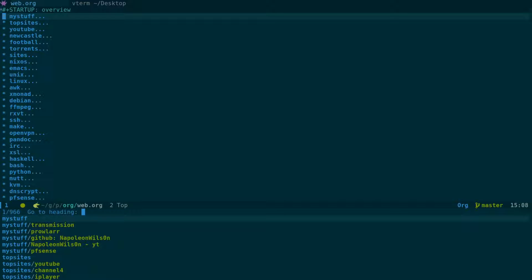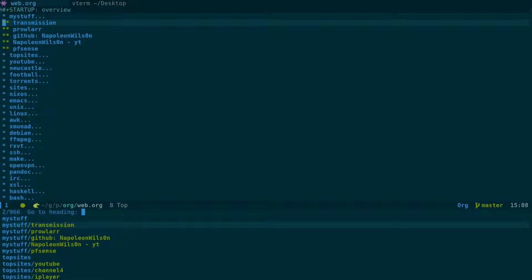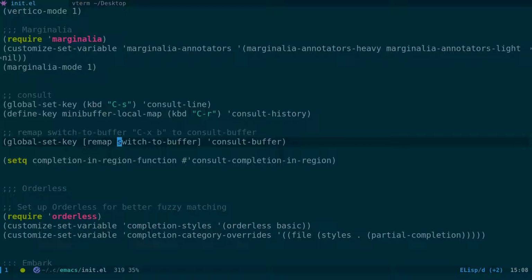As you can see, transmission is under my stuff, so it actually shows you the full path, as it were, to the link. So that's really nice. So let's come across. So that was actually Orderless. So that was also showing a bit of Orderless. So we install Orderless, package install Orderless, and we put these little bits of code down here that I got from System Crafters. So Marginalia, I didn't really need to do anything. We just put this bit of code in here, enable Marginalia mode, and